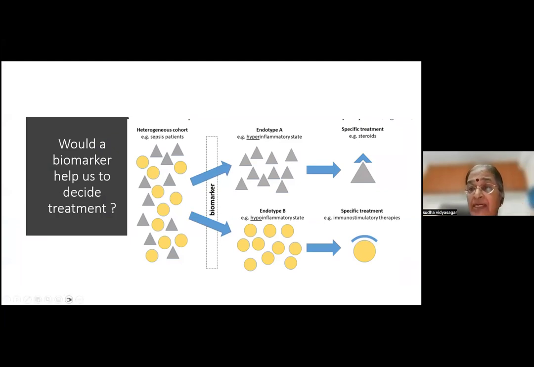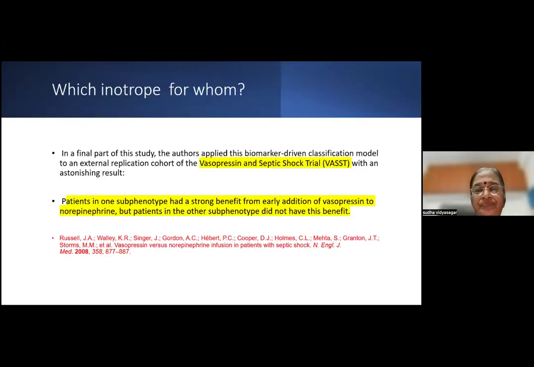If we can identify them, because the treatment is totally different. If you have a hyperinflammatory state, you would use steroids. If you have a hypoinflammatory state, you would give immune stimulation. So this is very important. If we have a biomarker which will tell us what kind of an inflammatory state this person is in, then your treatment could be totally different. There are efforts to find this out, but so far nothing has come out very concrete, and that's why I'm not mentioning it. But this is precision medicine in the making.